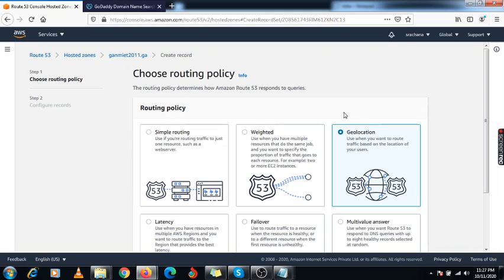So using geolocation we can specify that routing policy. If I am accessing from India, only the advertisements meant for India are given, not from the US, so I will get all alerts from India only.